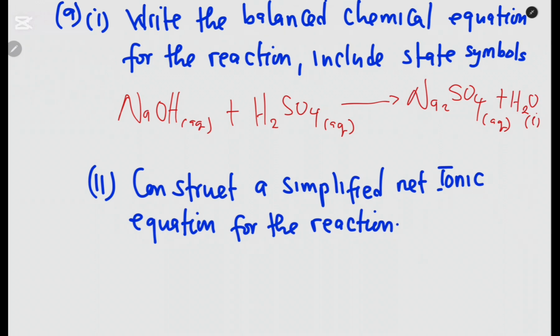No. So in this case, for us to balance it, we need to make sure that the atoms on the reactant, each of them are balancing with those on the product. So sodium we have 2 this side, here we have 1, so we put a 2 here. Sodium 2, oxygen we have 2 plus 4 of these, 6. But this side we have